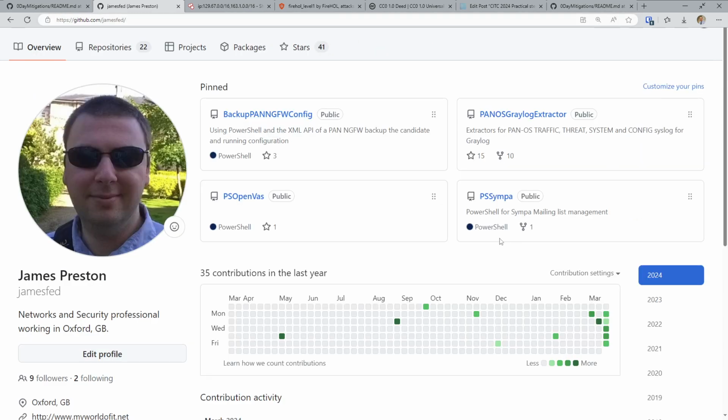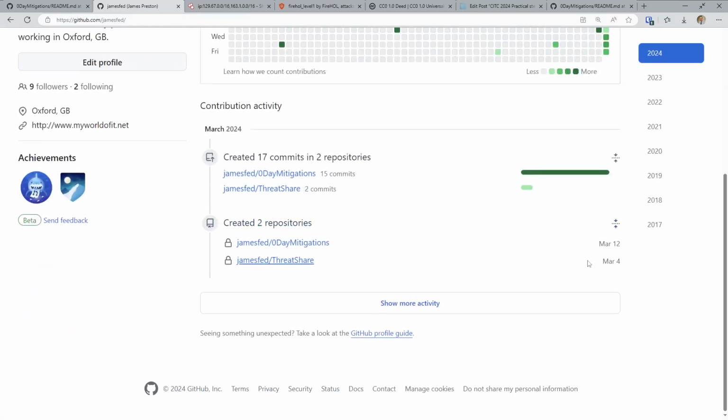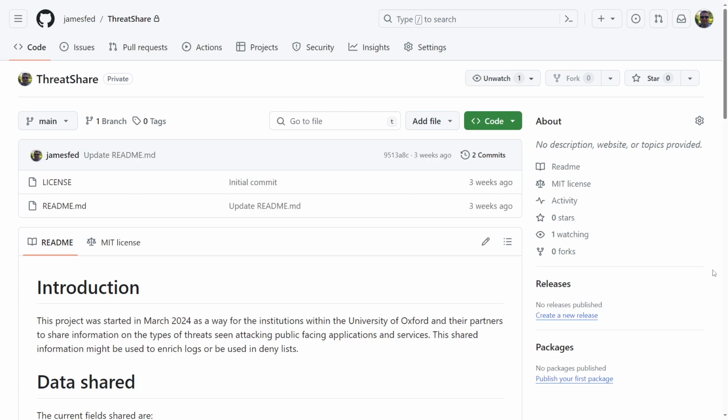So let me see if I can find it. Threat sharing. There is a project called MISP, M-I-S-P, which is really good for that. The problem with MISP is it takes a lot of infrastructure to make it work. And the installer for it is what I would call a Linux person installer, as in I'm a Windows